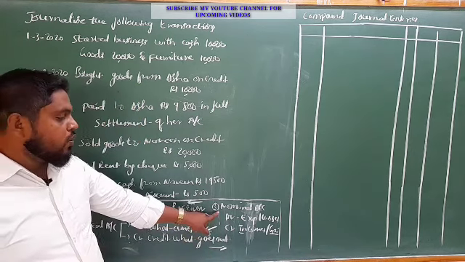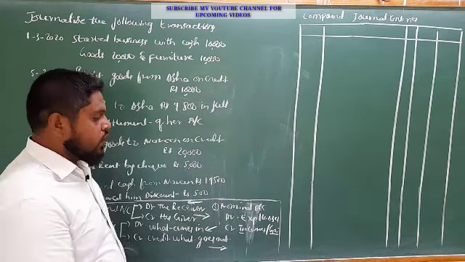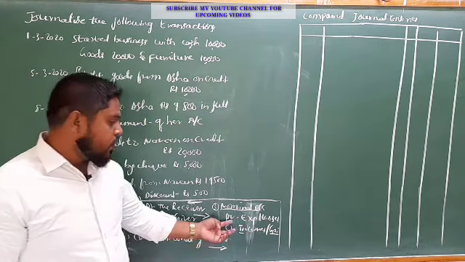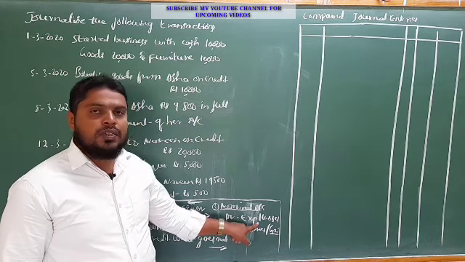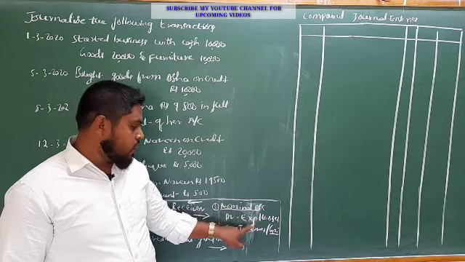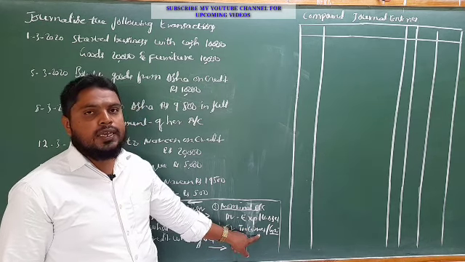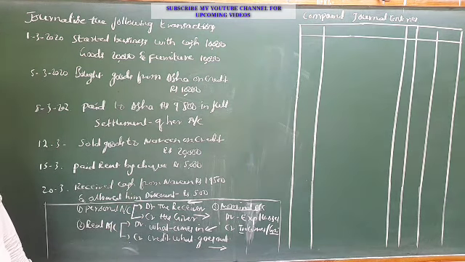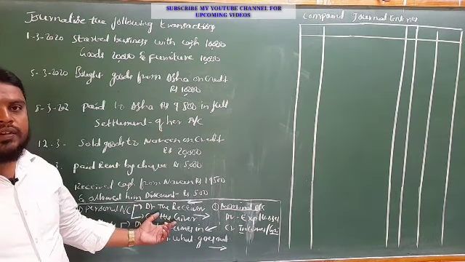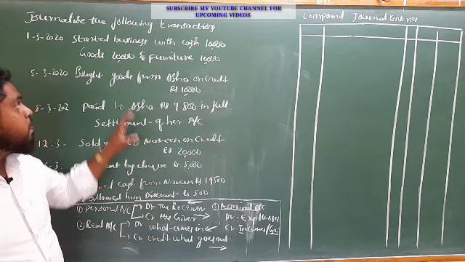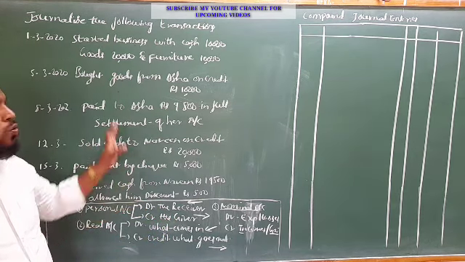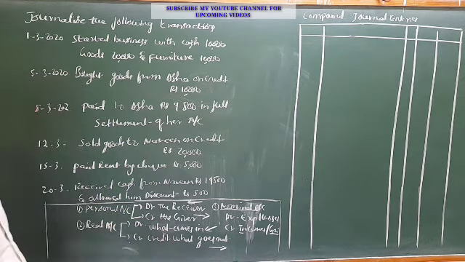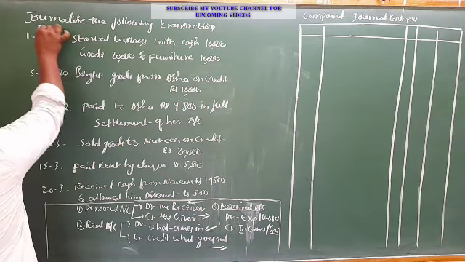And nominal account. So nominal account is related to expenses and losses, incomes and gains. So on the debit side, we record expenses and losses, and on the credit side, incomes and gains. So this is the classification under the English system of accounting, and these are the debit and credit rules. To pass these journal entries, these transactions, first of all you should know this concept. Now let us start the problem.